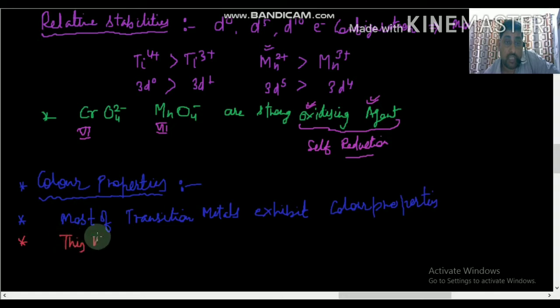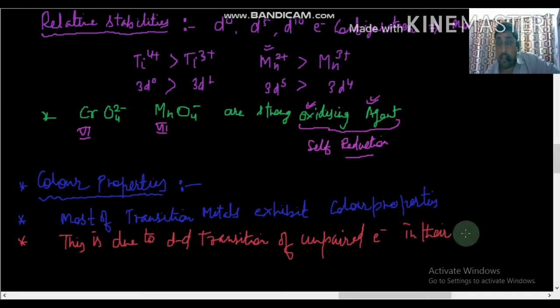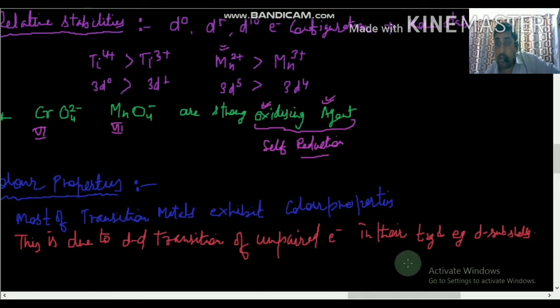So we can say this is due to d-d transition of unpaired electrons in their t2g and eg d subshells. Okay, so due to the d-d transition